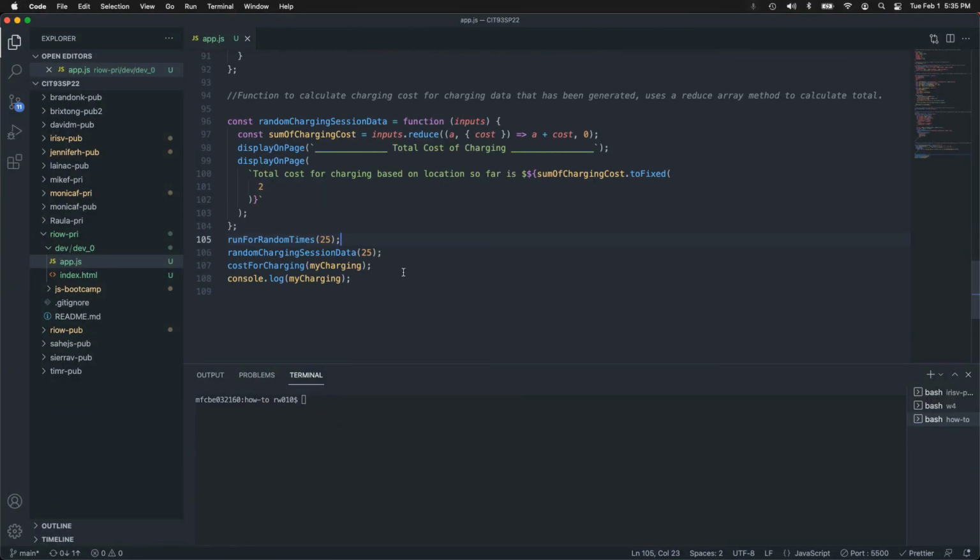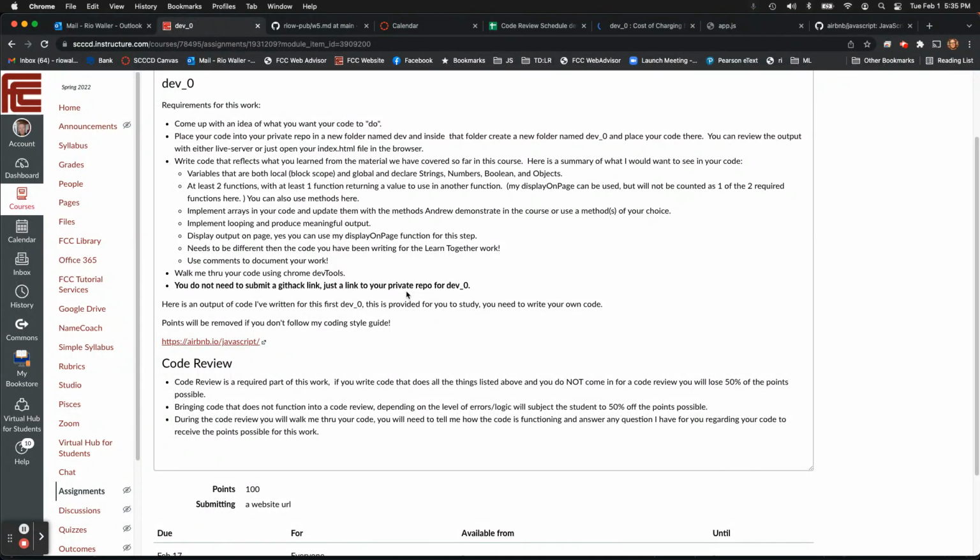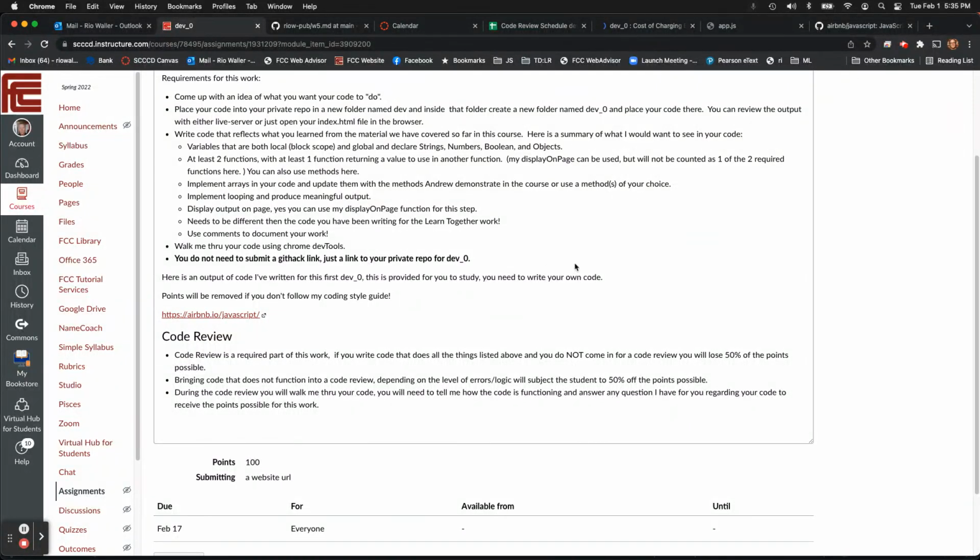And having readable code is probably one of the best things you can do. I haven't provided a link to mine. Maybe tell me if you'd like to see my code. And then I gave the link to Airbnb and I talked about this.